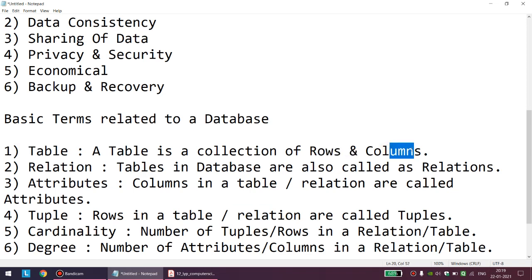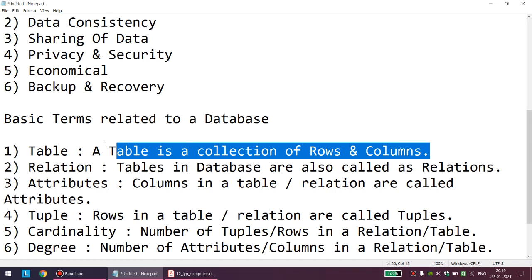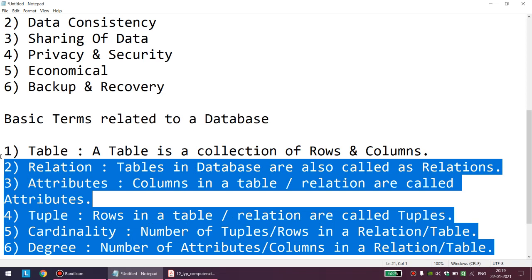Okay, but in generalized terminology of database, we will very less use the words table, rows and columns. We will more use the words relation, tuple, attribute. So this is the time that you should be very clear with this thing so that no utter confusion is left over. I will repeat all the things once again so that clarity is there.